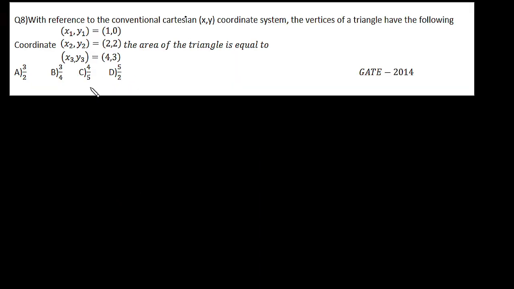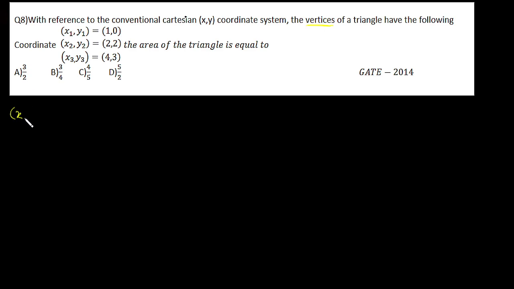Now let's solve question number 8. Question 8 says, with reference to the conventional Cartesian XY coordinate system, the vertices of a triangle have the following coordinates. We are given three coordinates of the vertices of a triangle, and they are asking about the area of this triangle, which is formed by these three vertices. So first of all,